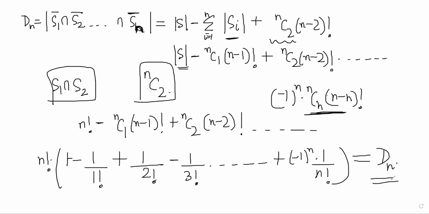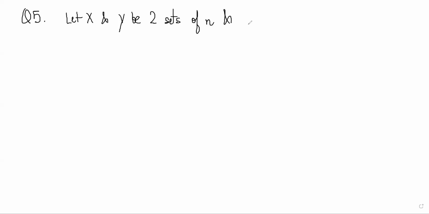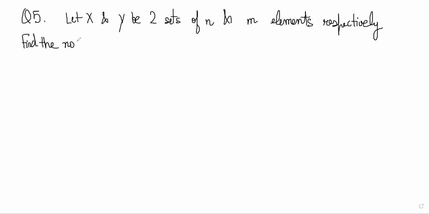Okay. Now, in the next problem, we'll look at another application of inclusion and exclusion, but this time we'll find the number of functions. So we are saying, let X and Y be two sets of n and m elements respectively. Now find the number of onto functions or surjections